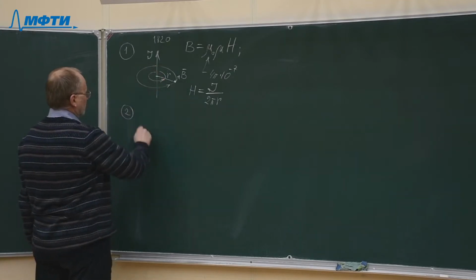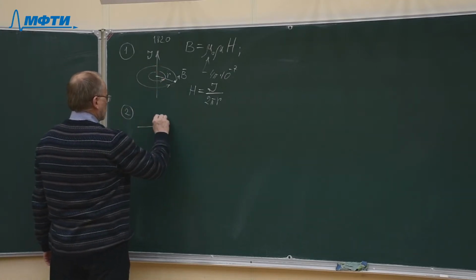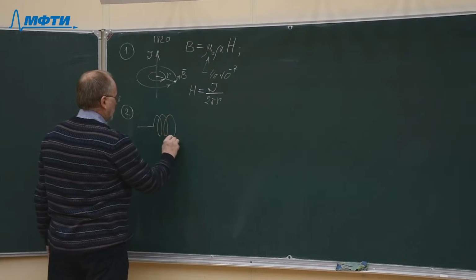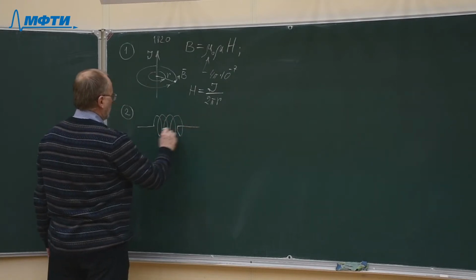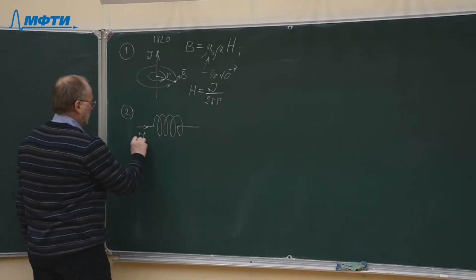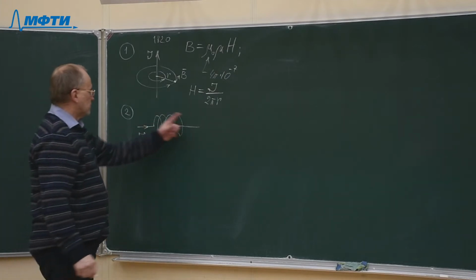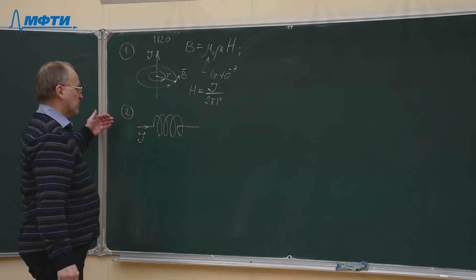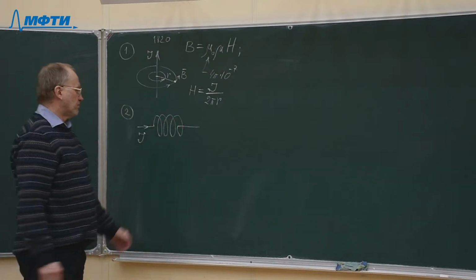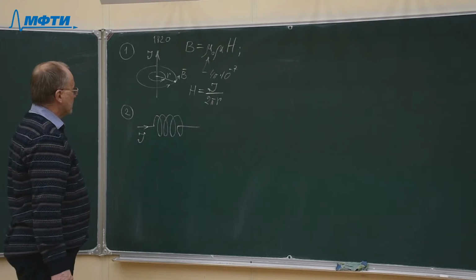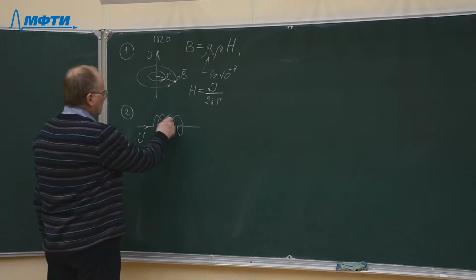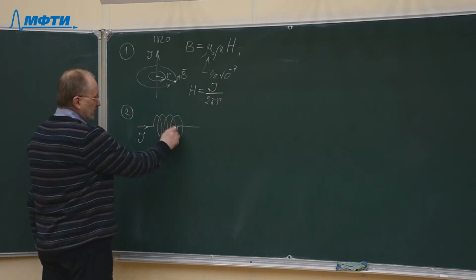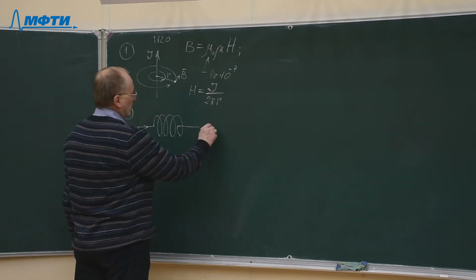So if we take this wire and arrange a coil and let the current I flow through this coil, which is also called a solenoid, especially when it has an iron core inside it, then the magnetic field inside the solenoid turns out to be uniform, and